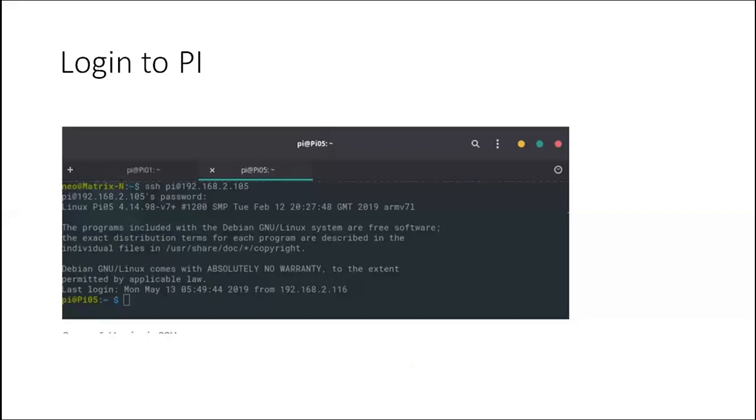Now from the remote system, we are invoking that particular program, for example temp.py.